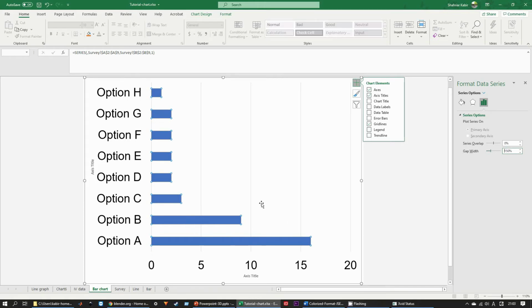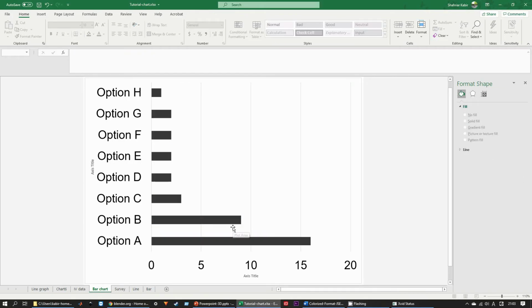And this color is actually too bright for me. I think something like dark gray. That was not the fill, it was the border. So the fill, I need to change it to something like dark gray. That looks much better. So when you are happy with the style settings that you have made, you can save